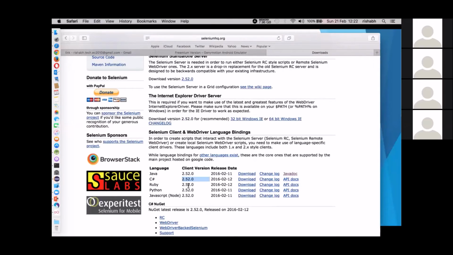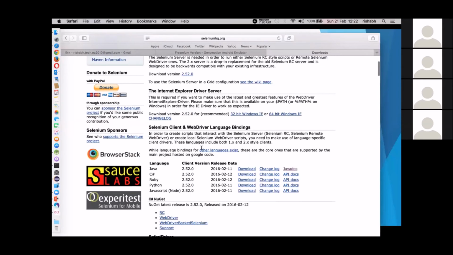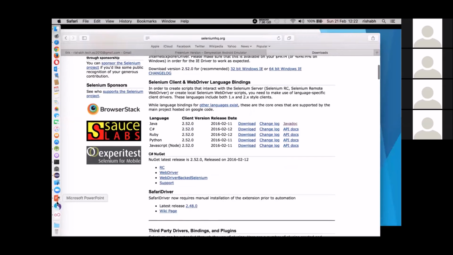Okay. And one more thing, is there any need to download Selenium for Appium as well? Like, is there connectivity? There are two things you really require. One is the Appium server, and two, library files, which I will show you.